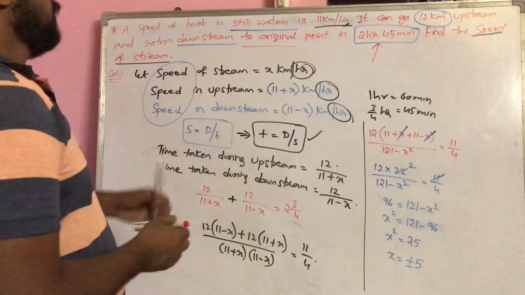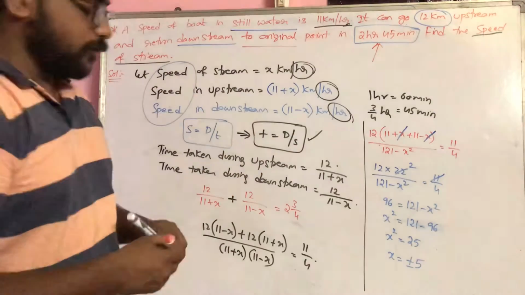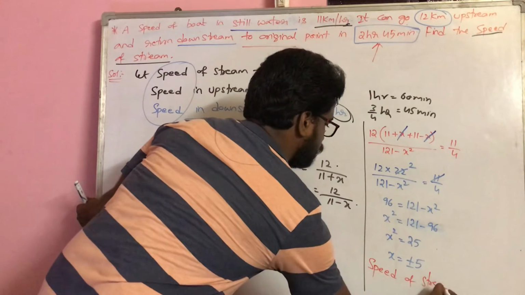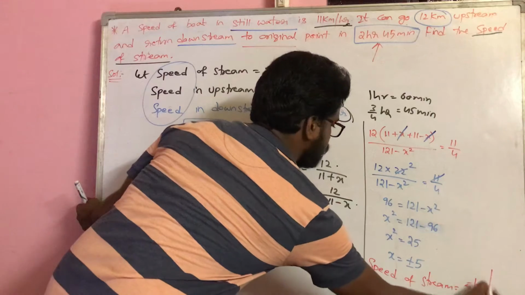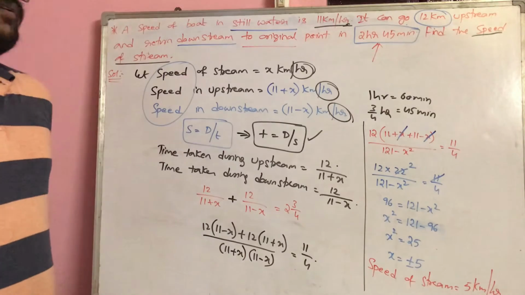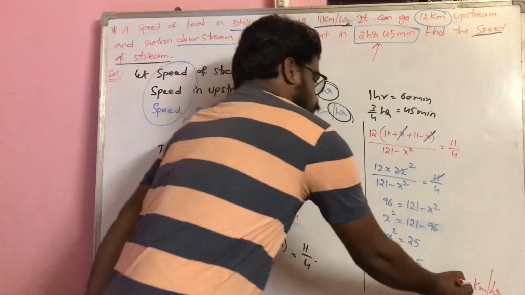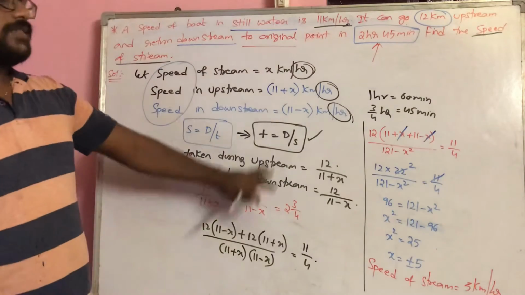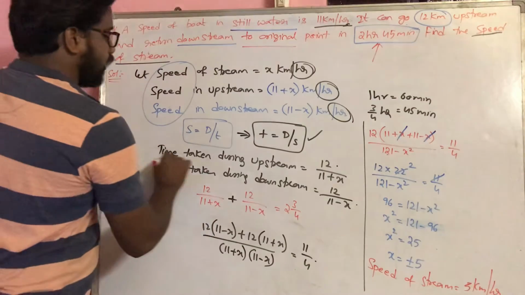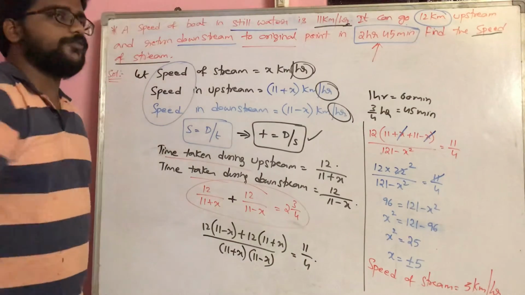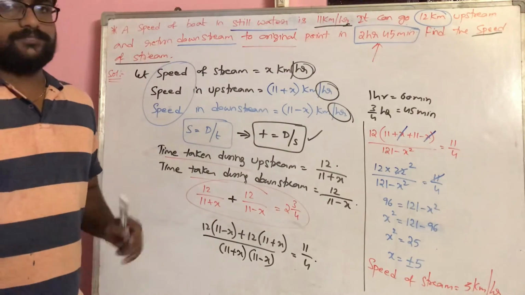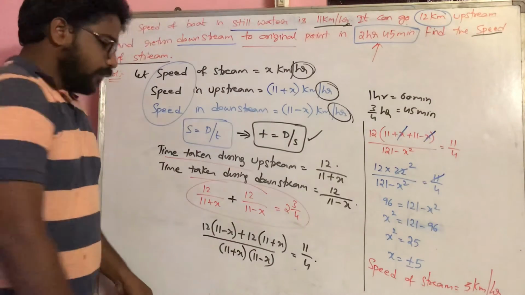But we know that x is representing the speed of the stream. So speed cannot be negative. That's why the speed of stream is equal to positive 5 kilometers per hour. Please make a habit of writing the units also. That is also a very important thing. So this is how you have to do the simplification part. Maybe the explanation is taking time, but once you get this type of logic correctly, and are able to frame the mathematical equations correctly, you will get the answer within 3 or 4 minutes maximum. Now let us see another question.